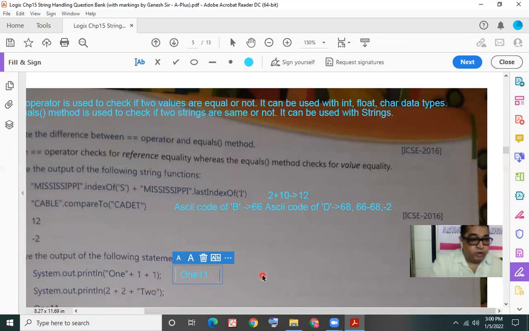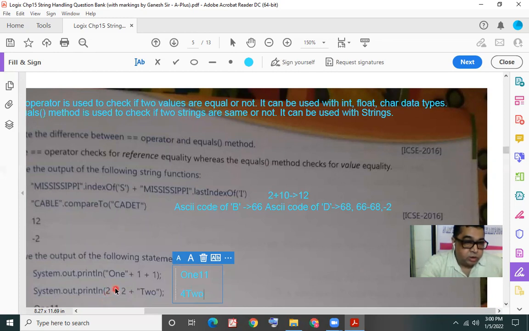So we get the integer value 4. And this integer value that we got as a result of 2 plus 2 will be concatenated with the word TWO. So the second print statement will give us this as a result.